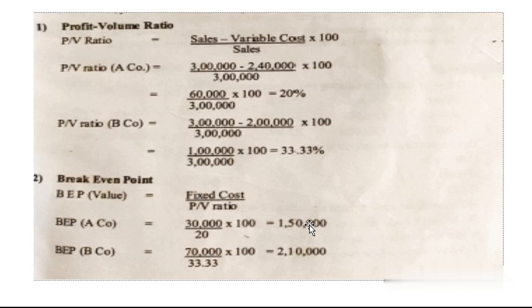So you can reach your profits at the initial stage itself, because for company B the sales should be 2,10,000, only then they will earn profit. Reaching 1,50,000 is obviously quicker than reaching 2,10,000. So if there is low demand, it is better to select company A. If there is high demand, the profit for B is more, so it is better to select B.